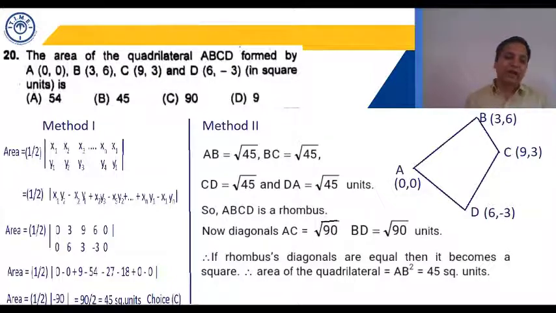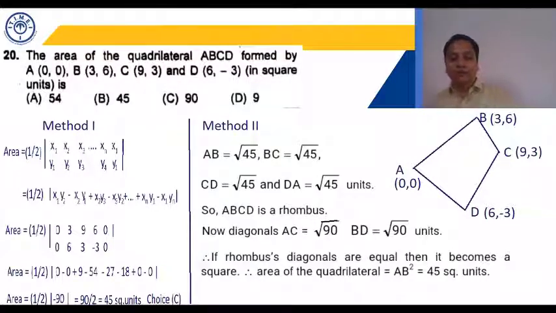In this case, we checked our expression by using two different methods. Answer is 45 square units. So choice is choice B. I hope this is clear. We can approach either by method 1 or by method 2. Whichever method saves our time, we use that method. If we are supposed to find simply the area of a quadrilateral, method 1 we can directly use for any figure, whether it's a triangle, square, pentagon, hexagon, any figure, as long as all the vertices are taken in cyclic order. We can find the area straight away. So here the question is about finding the area, not the figure, so we can do it by method 1 as well as method 2.